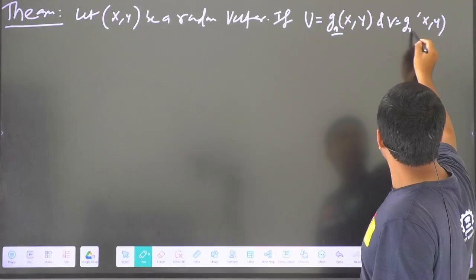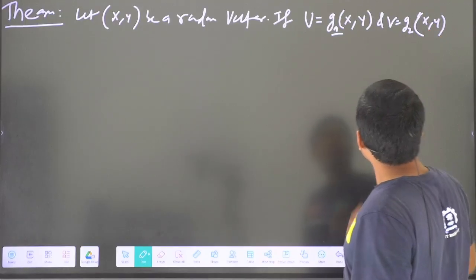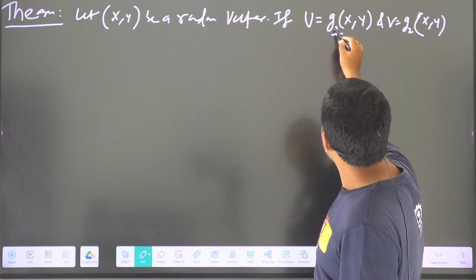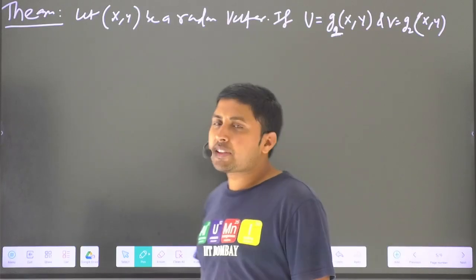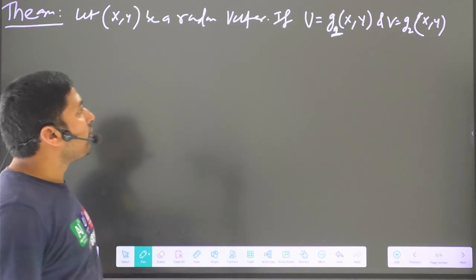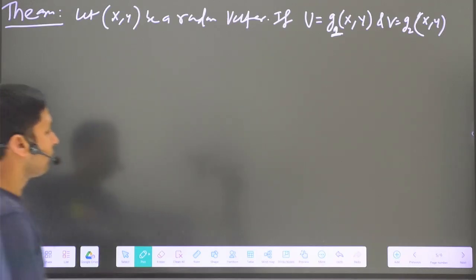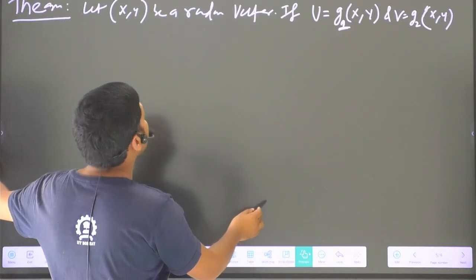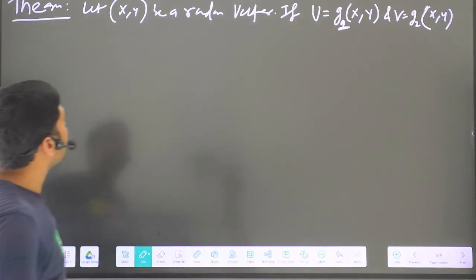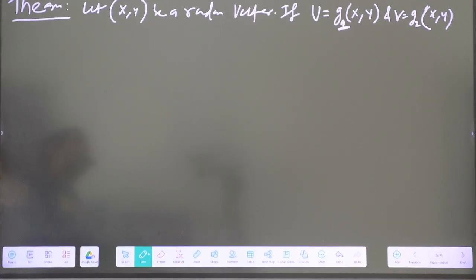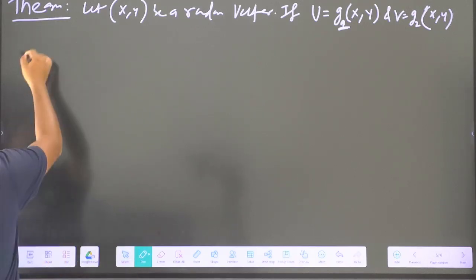So U is g1(X, Y) and V is g2(X, Y), such that